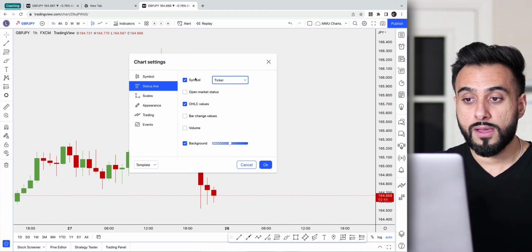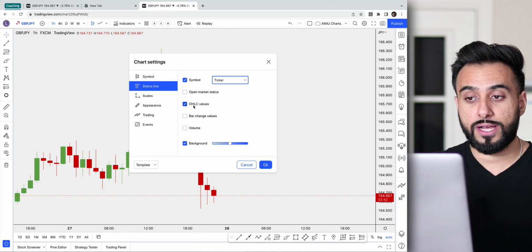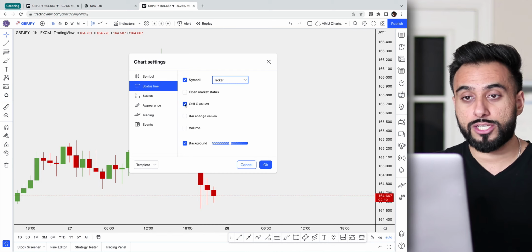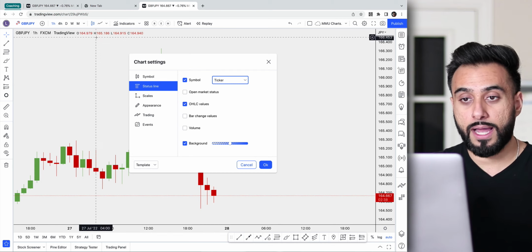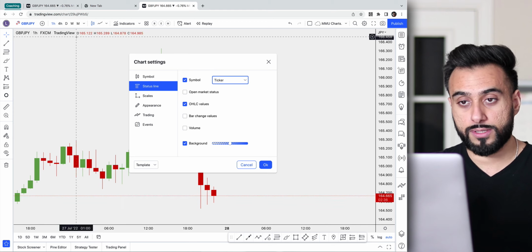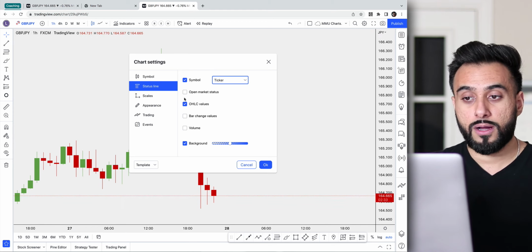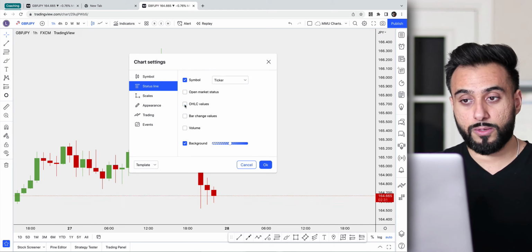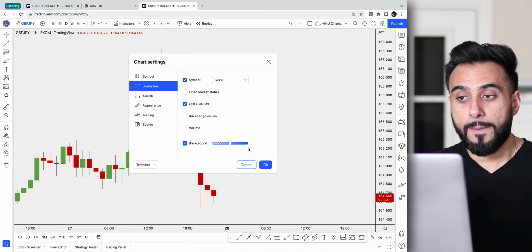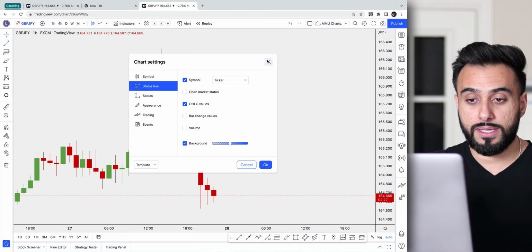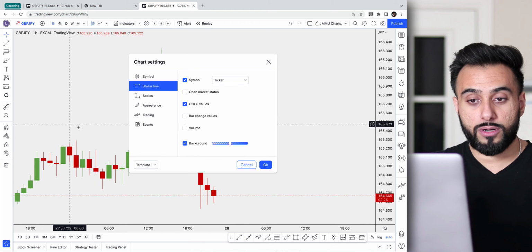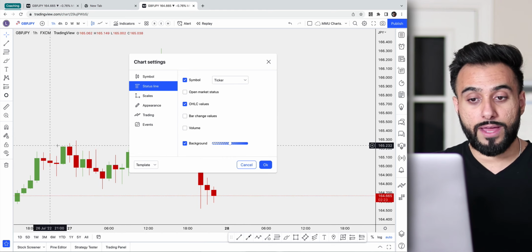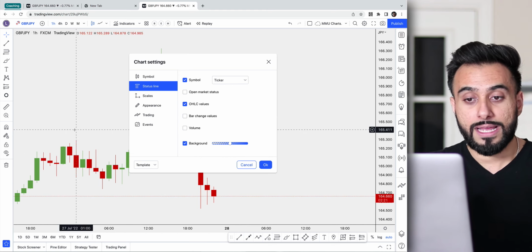And then personally, I leave OHLC values enabled. What OHLC is the open, high, low, close. These are the OHLC values. I leave that enabled. You can kind of see what happens as I'm toggling it off. So pretty much what OHLC means, this means whatever candle that your mouse is hovering over, it's going to show